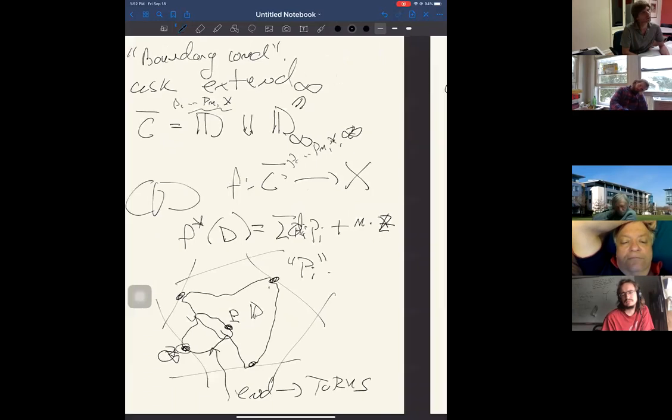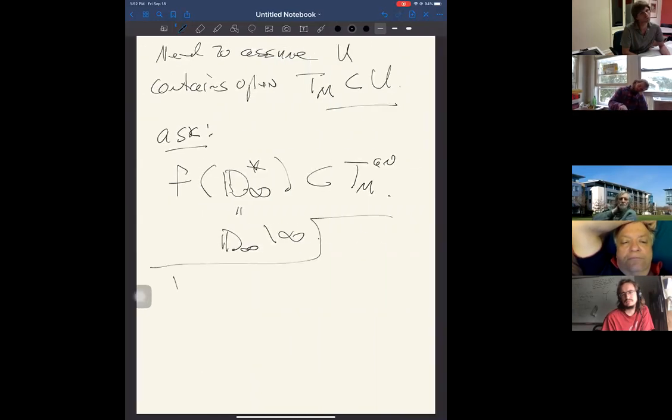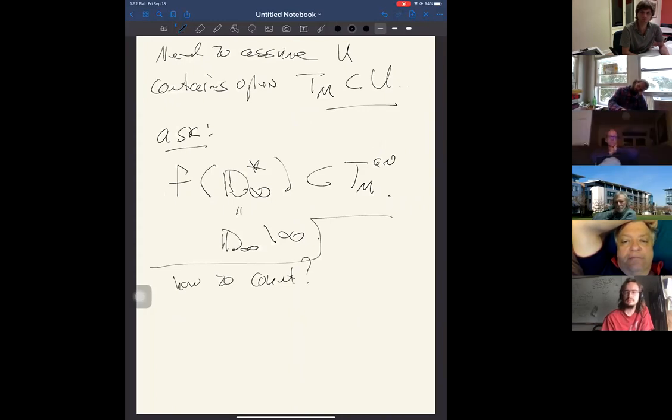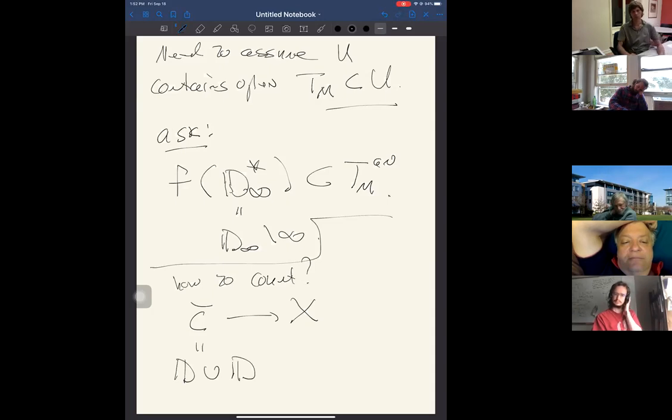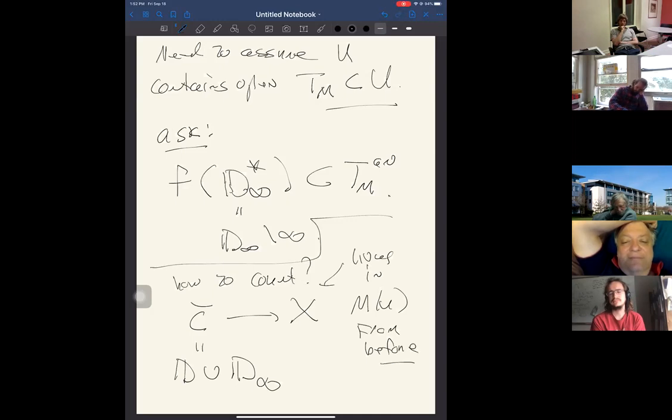Okay. Now, how do I count such a thing? How could I possibly count this? How to count? Well, that's no problem at all by what I just said, because this lives, what are we looking at here? This map of C bar into X, that's my extended thing. This was D union D, this D infinity. This lives in M0 from before. So there I can just count. I just take the fiber over